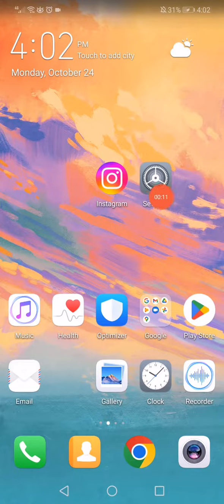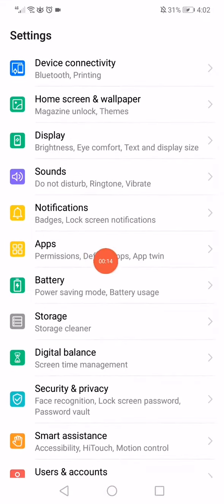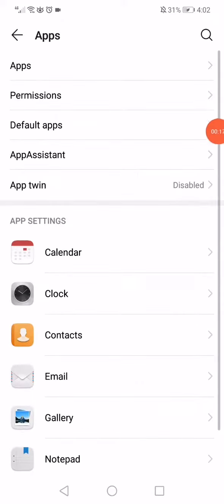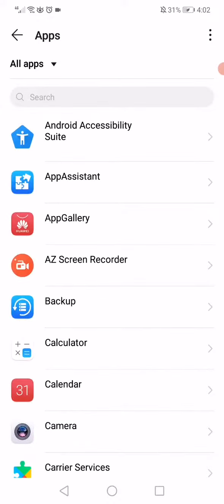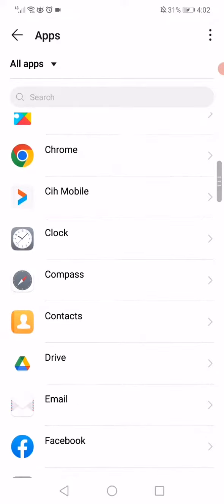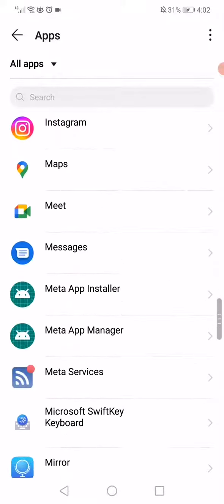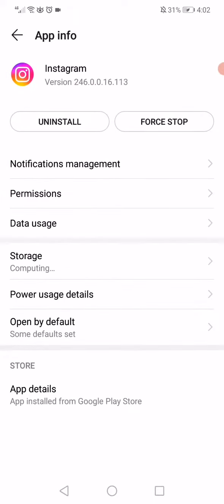Go to the settings page or open the settings, then scroll down, go to Apps Manager, go to the top here, and it will take you directly to this page. So let's wait a few seconds. Now after we wait a few seconds, here we will find all the apps that we have on our phone. Scroll down and go to Instagram like this, click on Instagram, and after you click on it,